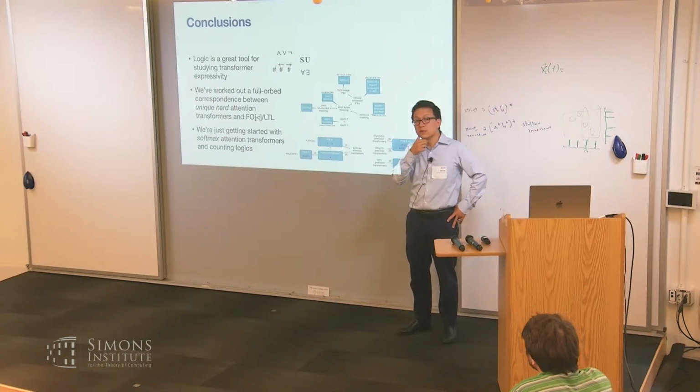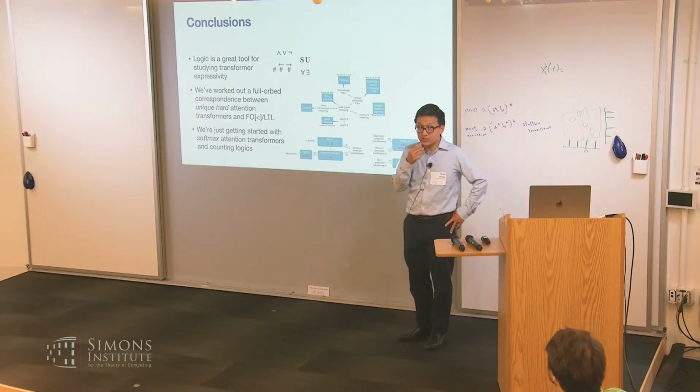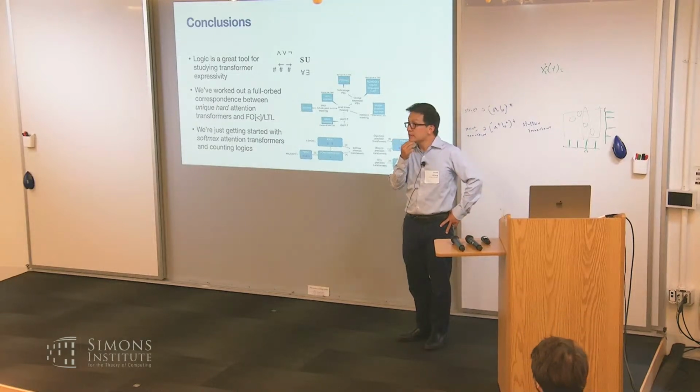So transformers can't do parity if they have variables. Yeah, I think that's true. There's only one way I know to do parity, and it requires computing i over n, so it requires log n precision. Oh, I see. Yes.